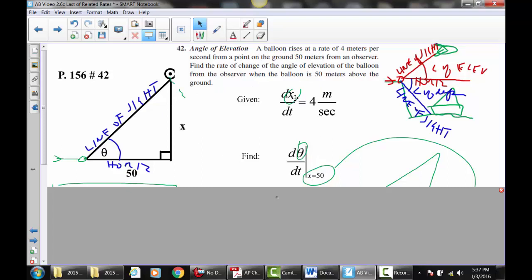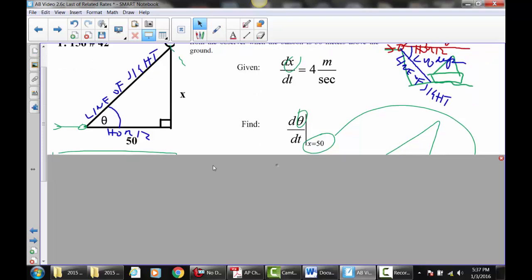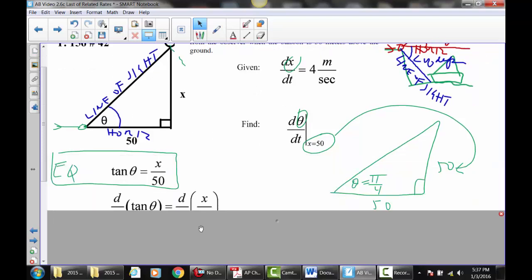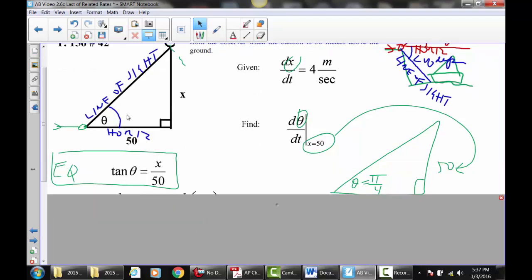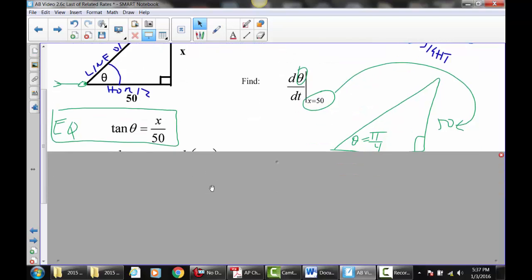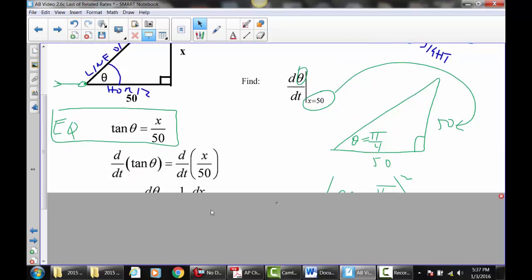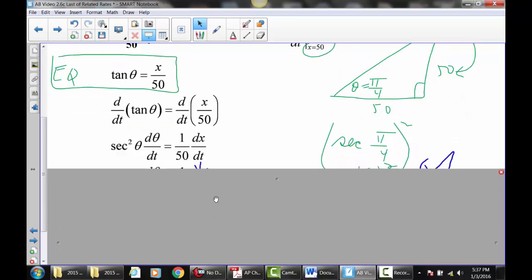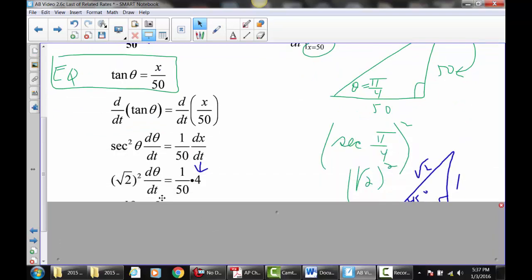So we're looking for d theta dt, specifically when the balloon is 50 meters above the ground, which is when x is 50. We need an equation that relates x and theta, and this time we're going to need trig because we've got an angle here. So that relationship is going to be that the tan of theta is x over 50. We're going to take d dt of each side. We're going to get secant squared theta d theta dt equals 1/50th dx dt. We'll replace dx dt